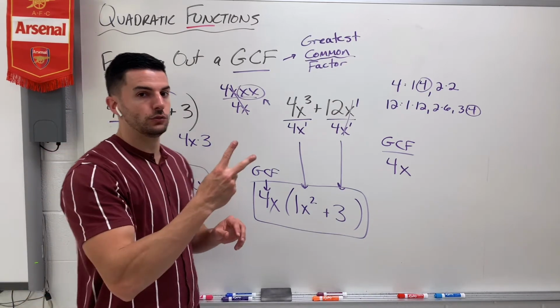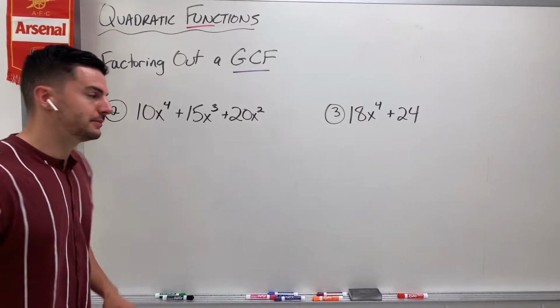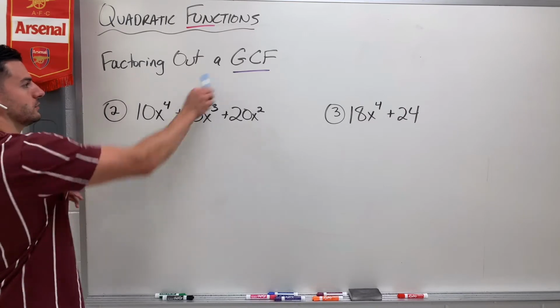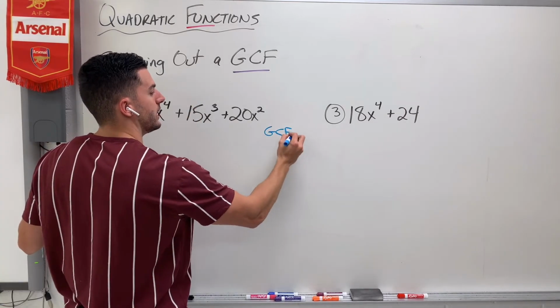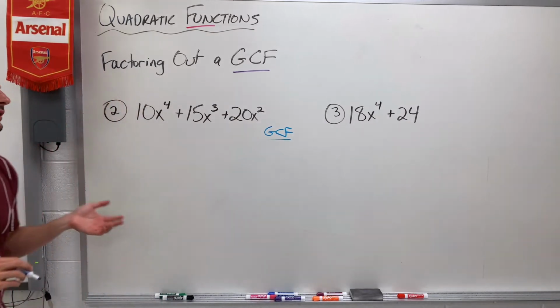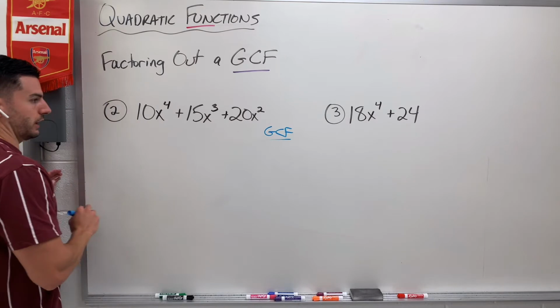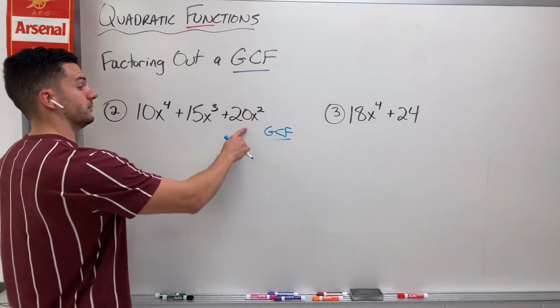Okay, like I said, 2 more, and then we are donezo. All right, we've got 2 and 3 up here, and we are going to factor these, or reverse distribute, okay? First step is to find the GCF. So again, here, number 2, I have 3 terms in this group. Wow, 3 terms, okay? So yes, all the terms have to have it in common for it to be included